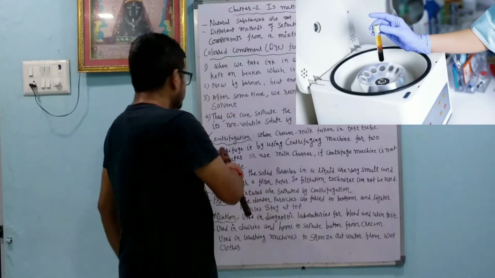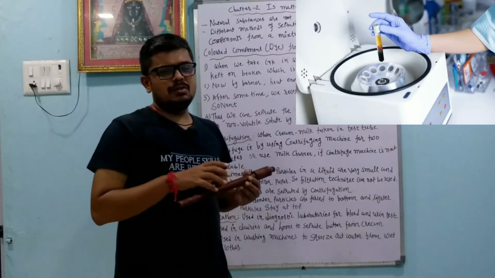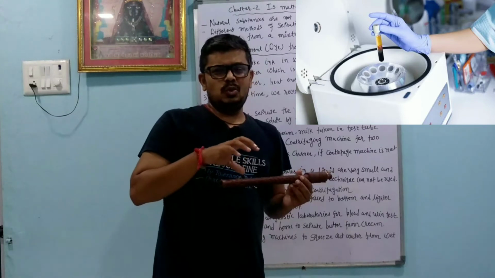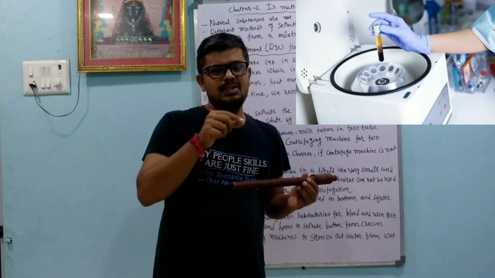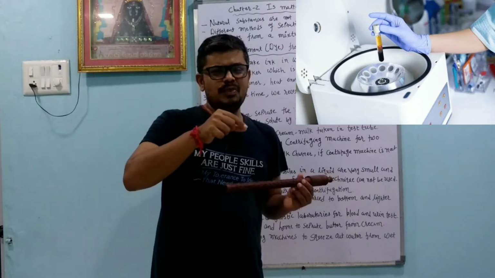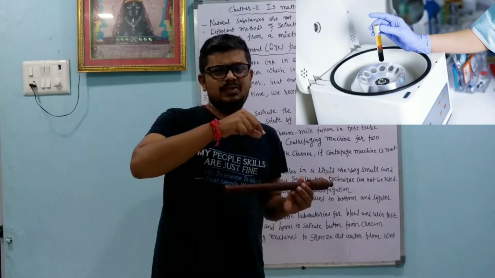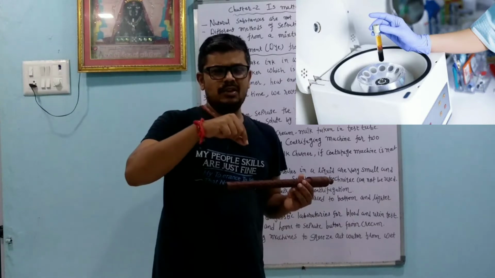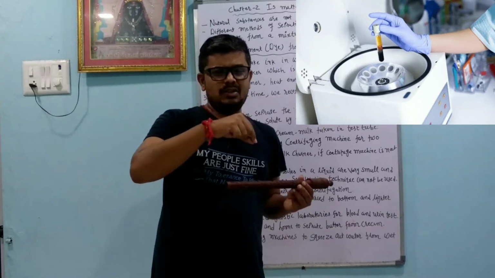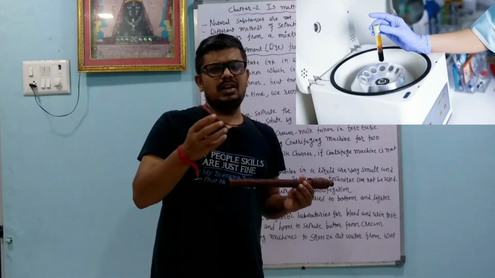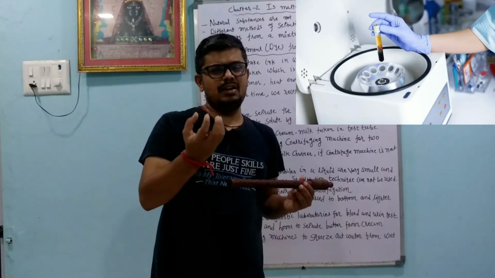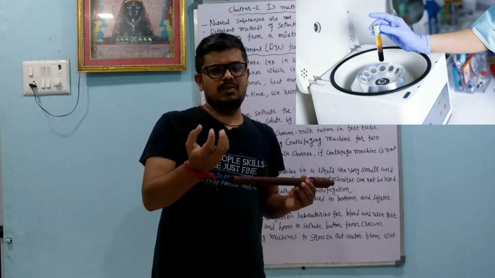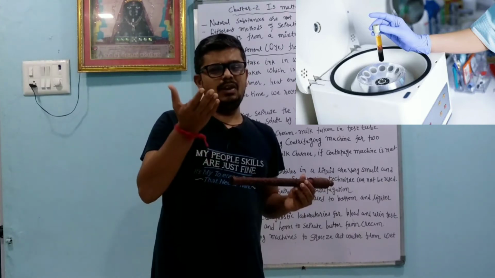Centrifugation method. The centrifugation method is used whenever we go for blood checking or urine checking. The sample is taken in a test tube, and that test tube is kept in the centrifugation machine. This machine rotates very fast. Suppose blood or urine has heavy particles, like in blood the WBC and RBC are heavy particles. They settle down because their weight is more, and the lighter particles come up.